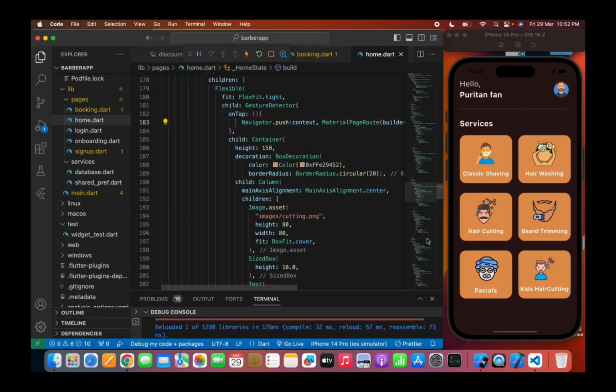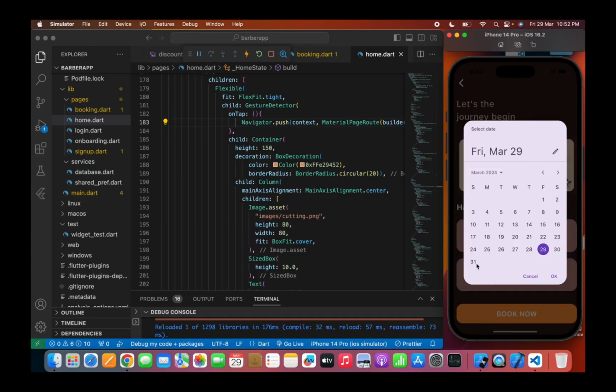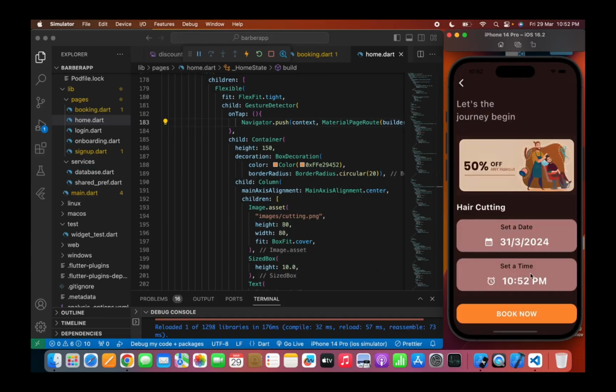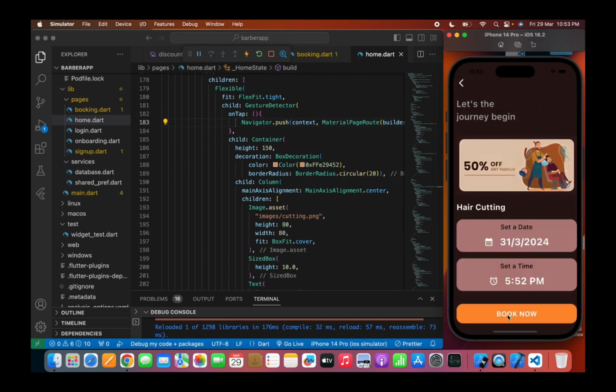So I want to book the service for the respective barber. I will click on the hair cutting service, and here you can see the hair cutting. I will book for the 31st March and will set a time, like 5 p.m. Now click on OK. Then I will tap the book now button,